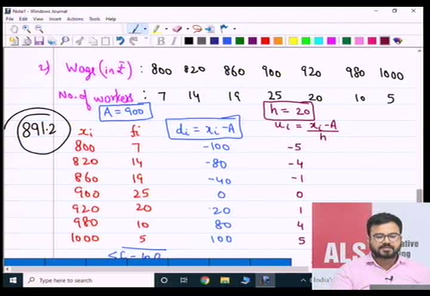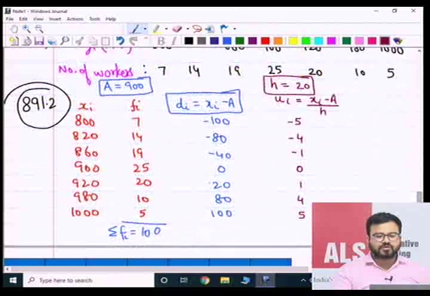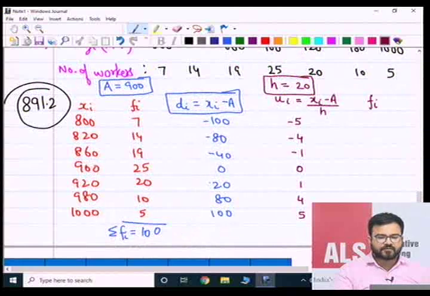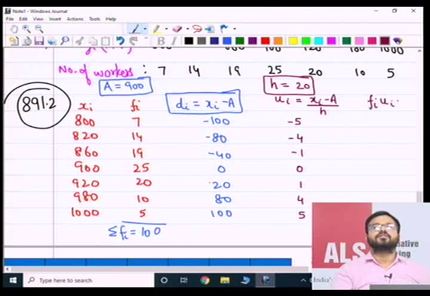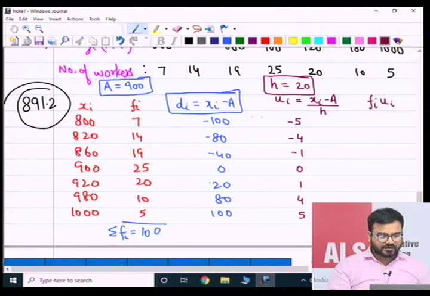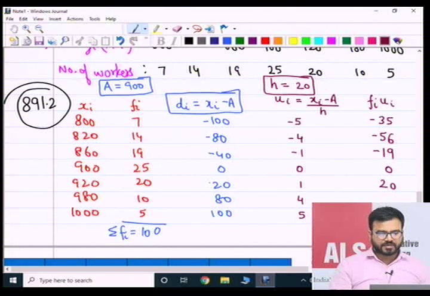Now again the same logic, we have to multiply Fi. This time we will multiply Fi with Ui. Earlier we were multiplying Fi into Di, this time Fi into Ui. So you can see 7 into minus 5, minus 35, 14 into 4, 19 into 1, then 25 into 0, 20 into 1, 10 into 4 and 5 into 5. This is the value we are getting. Now we just have to add these values,